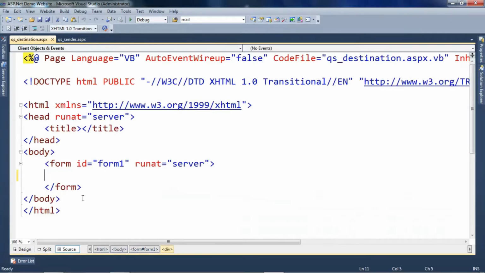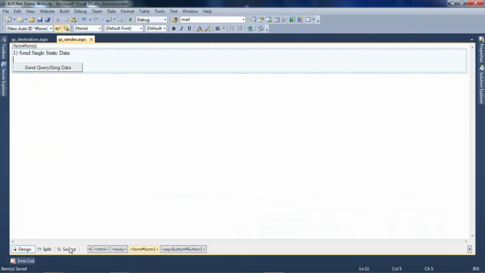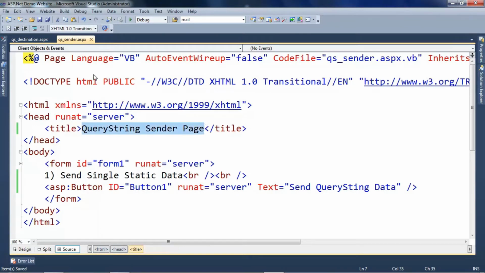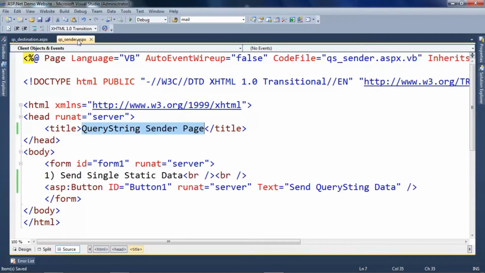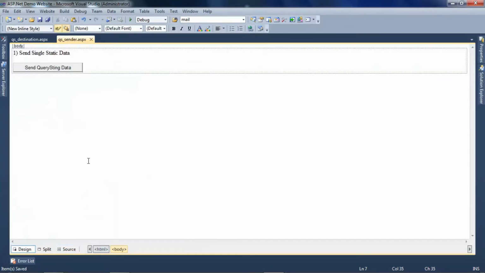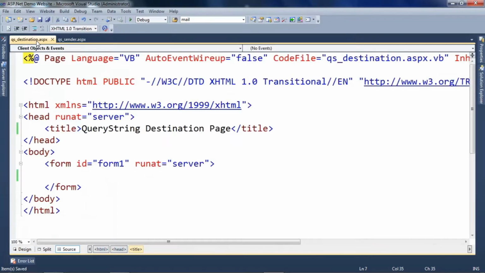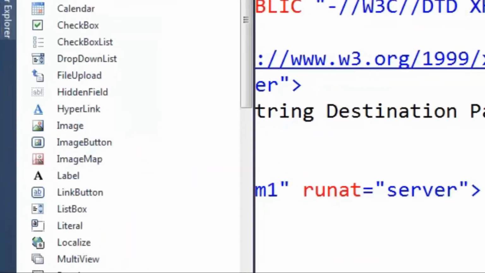Again, this div tag is of no use. I'll go in the source and copy this particular thing, so I do not have to write it again and again. And over here, I will write destination page. Okay. So now we have the destination page, and we have a sender page from where I will send the data. But now, before going into the coding, where this data will be printed on the destination page, it has to be printed in some control. As it is data, it has to be there in some control. For that, we have a label.